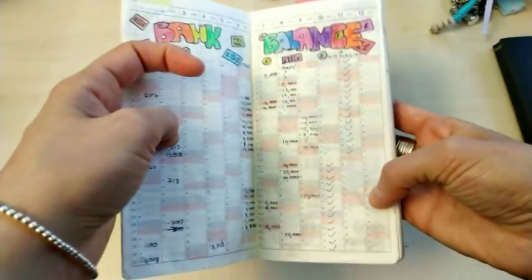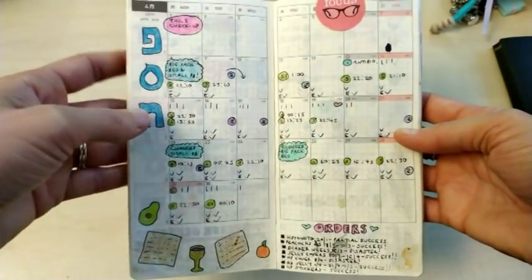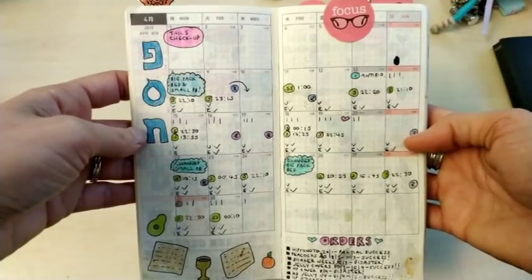And so that's kind of served its purpose. And then that was basically the end of the year. Then I used the monthly spread as a tracker to note down when I'd taken